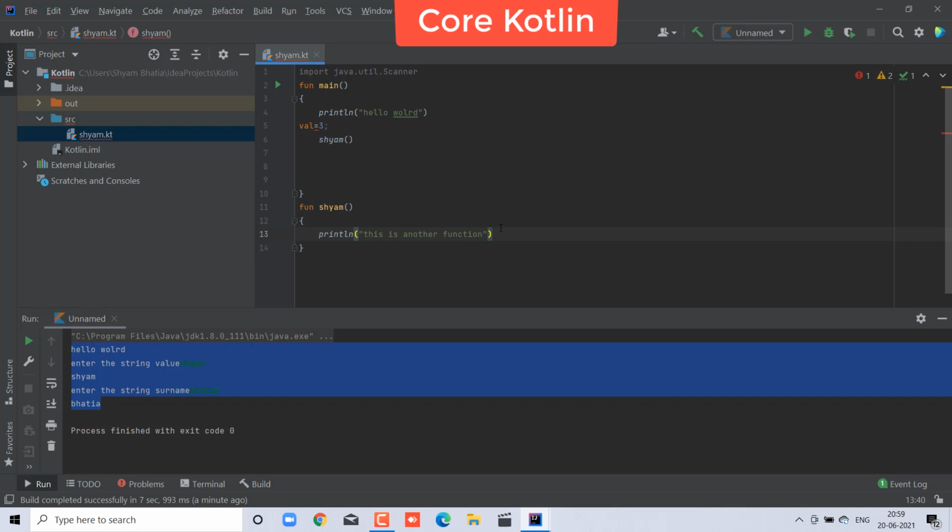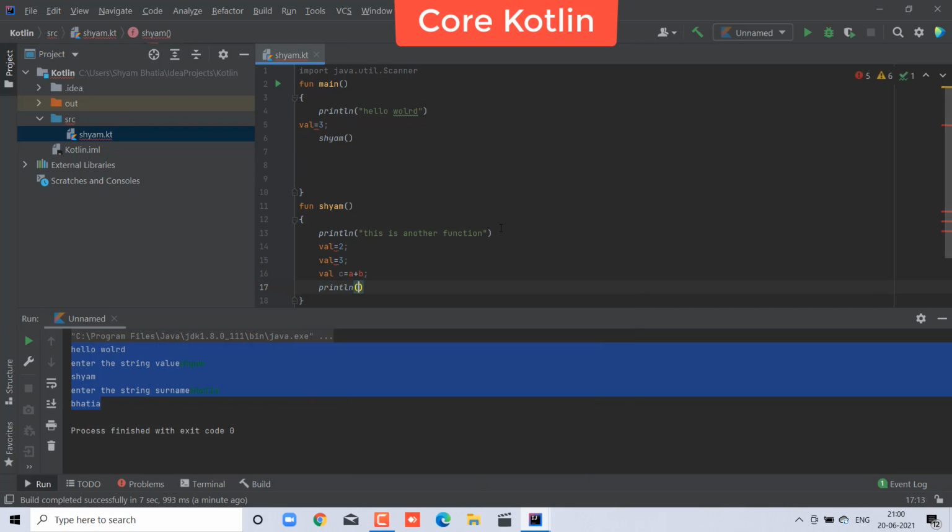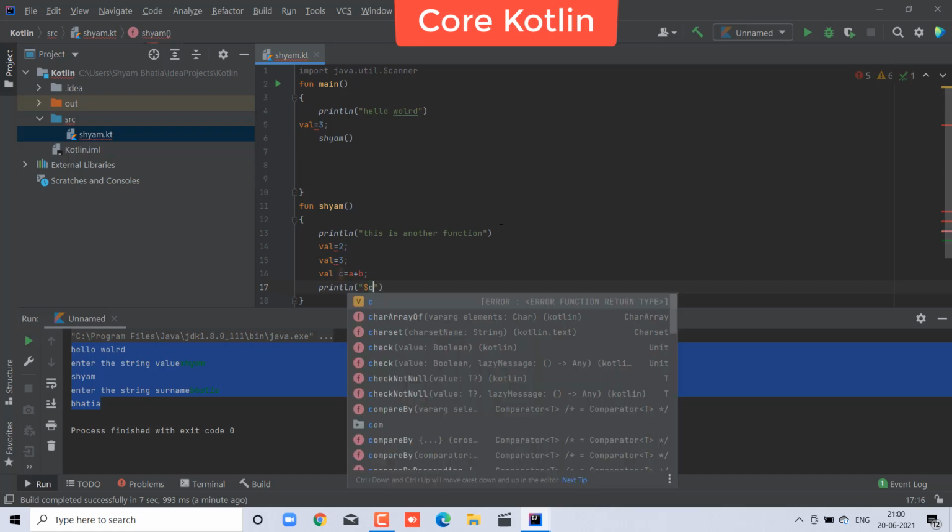Everything, subtraction, division, or whatever you want to do, you can do inside that. So you can say val equal to 2, and val equal to 3, and you need val C, C is equal to A plus B, and let's say println, and inside the println pass your sum $C.